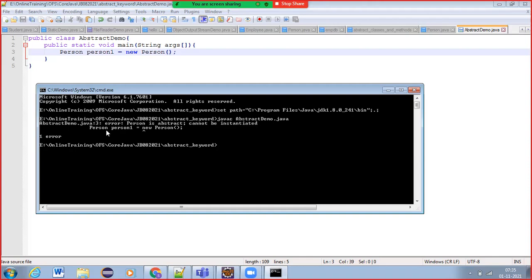It is not showing the problem in the reference variable declaration Person person1. It is showing the problem at the place of the new keyword. That is the instantiation part of the class, and that's why it is restricted. We cannot create any instances of the Person class. Clear? Understanding, right?